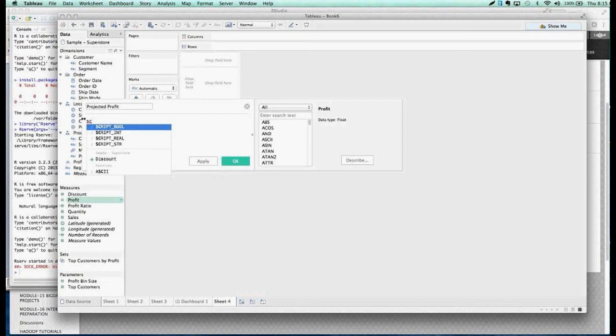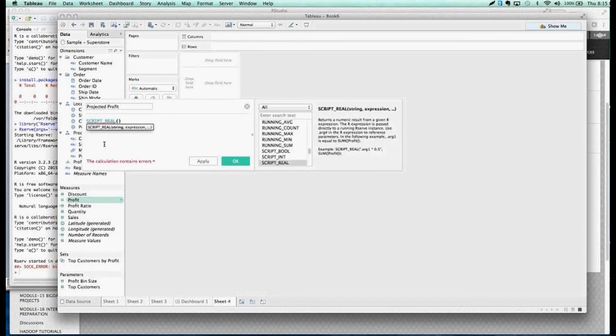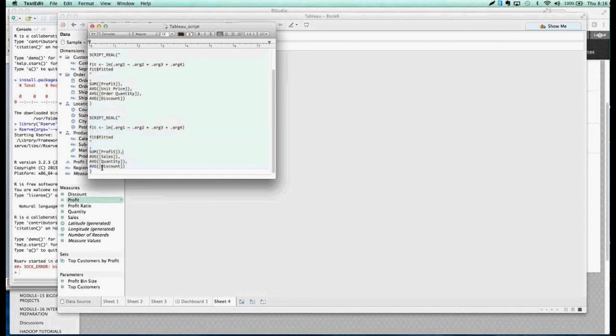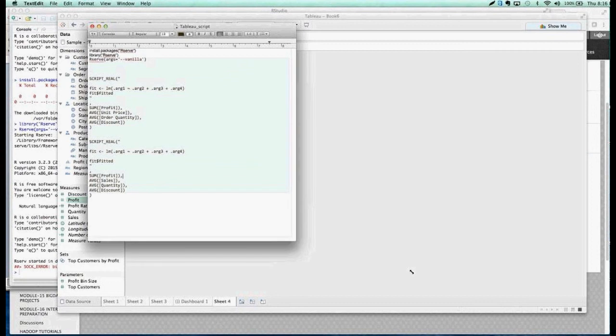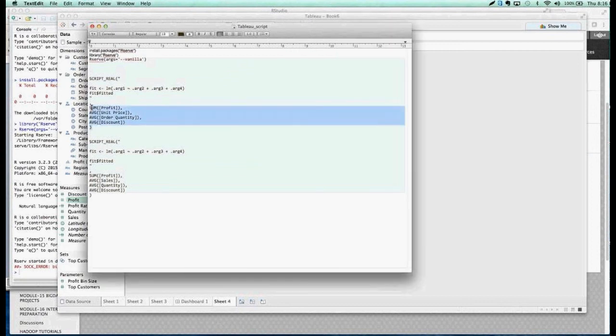So there's SCRIPT_ whatever that is. It is a Boolean, or int, or real, or a string, depending on what kind of value you are bringing. I'm going to go for SCRIPT_REAL because I'm going to use numericals which have decimals as well. I have already written the code, so I'm just going to leverage that. So here is my R script. I'm just going to keep it, and these are the steps which we already